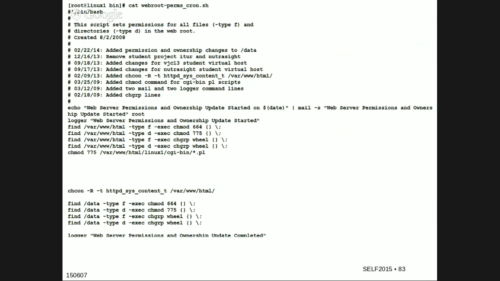Now, let's see. This is the reason I chose this script. This is one of the first scripts I ever wrote, and I use it all the time because I screw up ownerships and permissions on my web server all the time, my main web server. So I wrote a script in 2009, kind of been massaging it ever since then. Notice there's no heavy-duty branching or looping in any of these scripts. It's just a bunch of commands, but I use logger. I use the find command. The find command pulls out all the files and sets the permissions for those. All the directories, sets the permissions for those, changes the user and owner, and